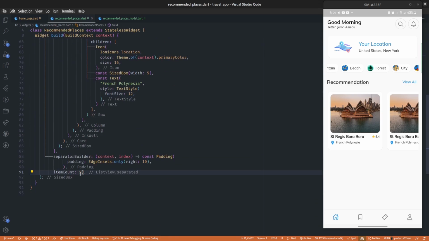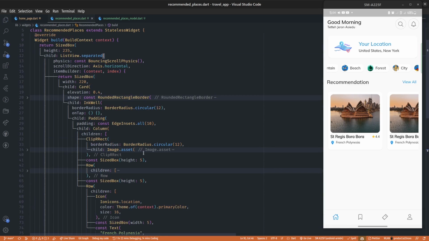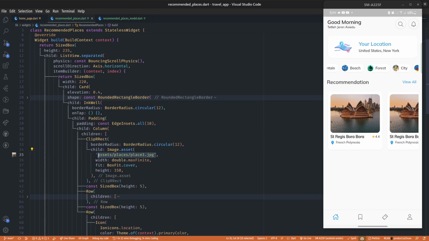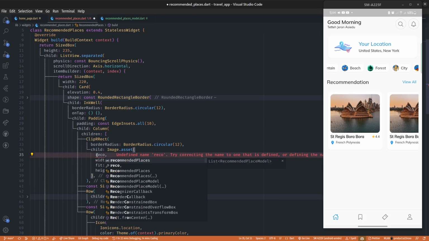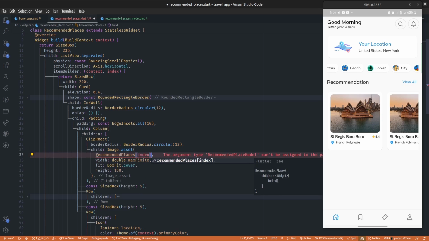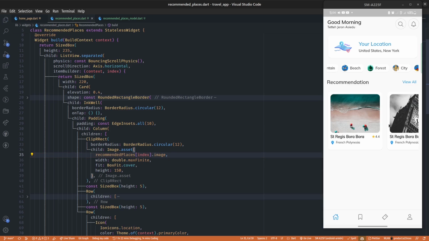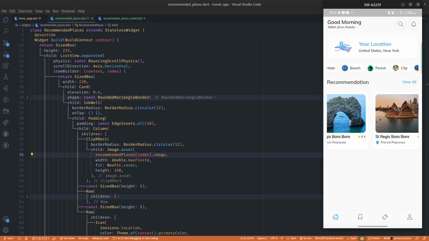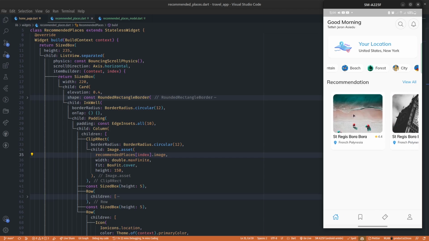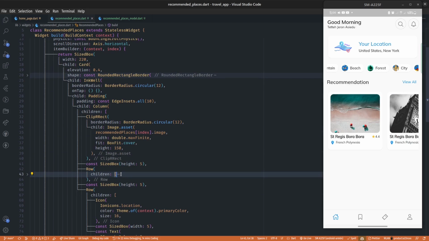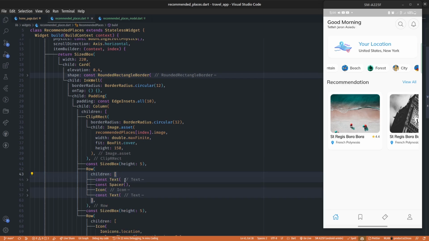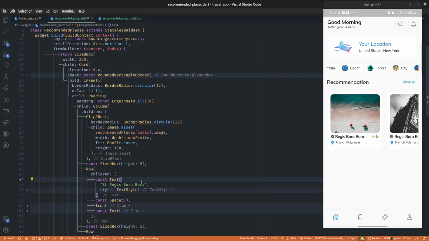That's our item count is not going to be 5, but it's going to be our recommended places dot length. And also, instead of having the image hard coded here, it's going to be from our recommended places, the index dot image. So when we save, realize you have our images changing, right? So that's each image for our recommended place, and after that we are going to replace the text over here. That's the name of the place,